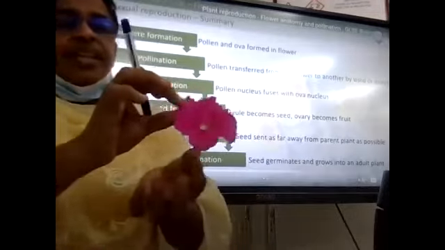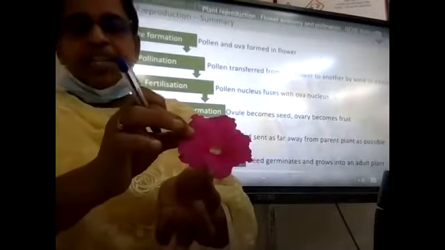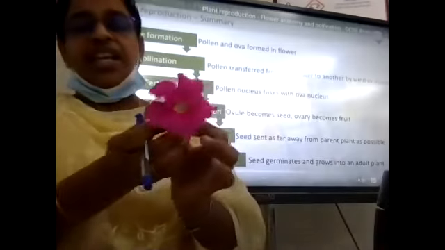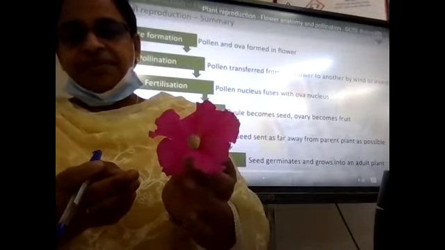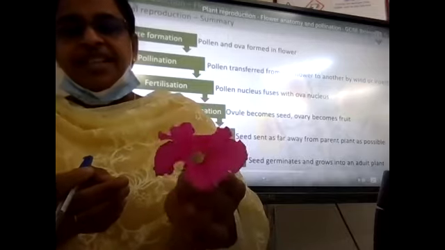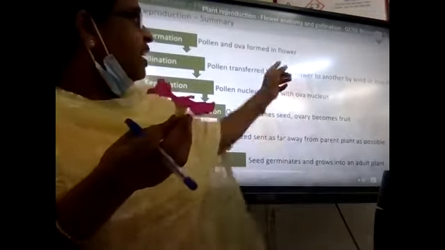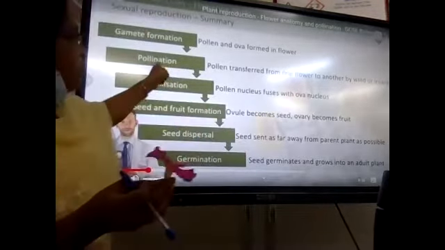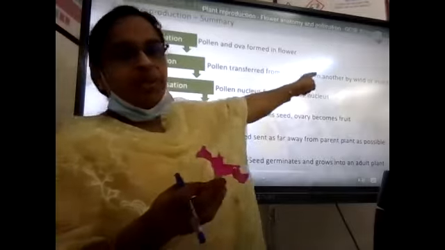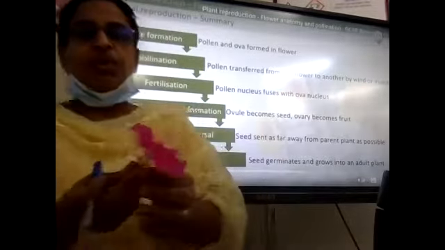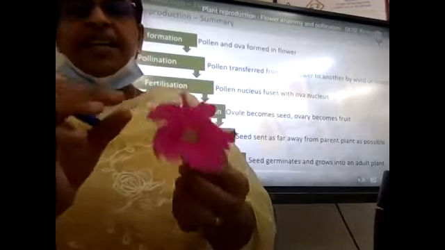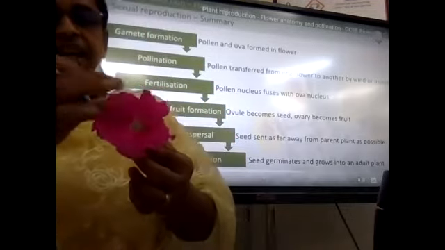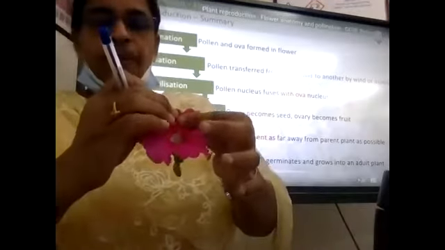Okay. Then it is the petal. You can see petal is very colorful, brightly colored. Is it? Yes. This is to attract the insect. It's written that pollination is either by wind or by insect. So to attract the insect, it is brightly colored. And if you open that one,